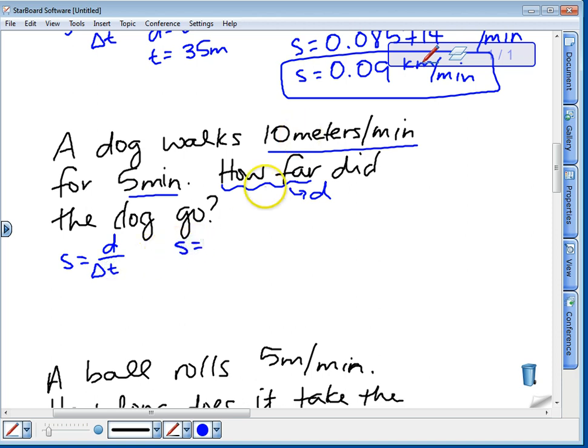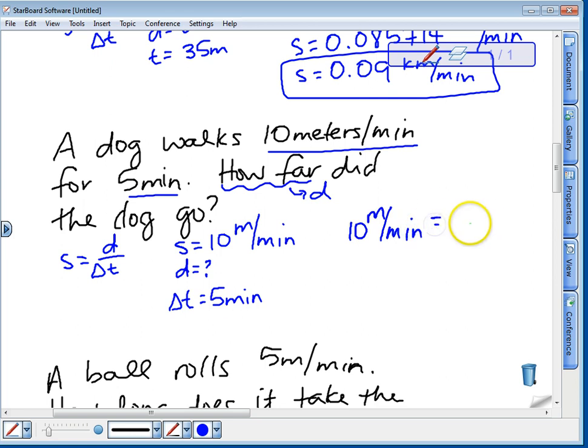My speed I know is 10 meters per minute. My distance, I don't know that this time, but I do know my change in time is 5 minutes. So I can plug in 10 meters per minute equals some distance that I don't know over 5 minutes. If you put this over 1, you can cross multiply, or you can solve the equation using algebra. Either way, you'll end up with